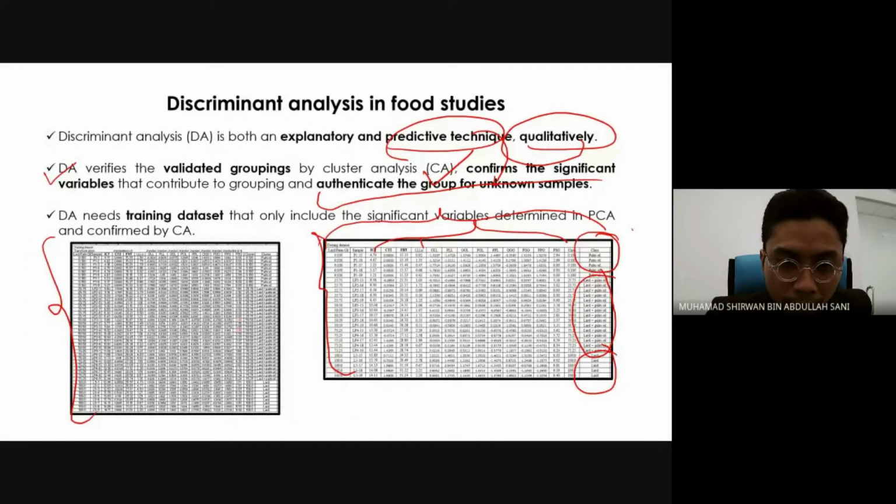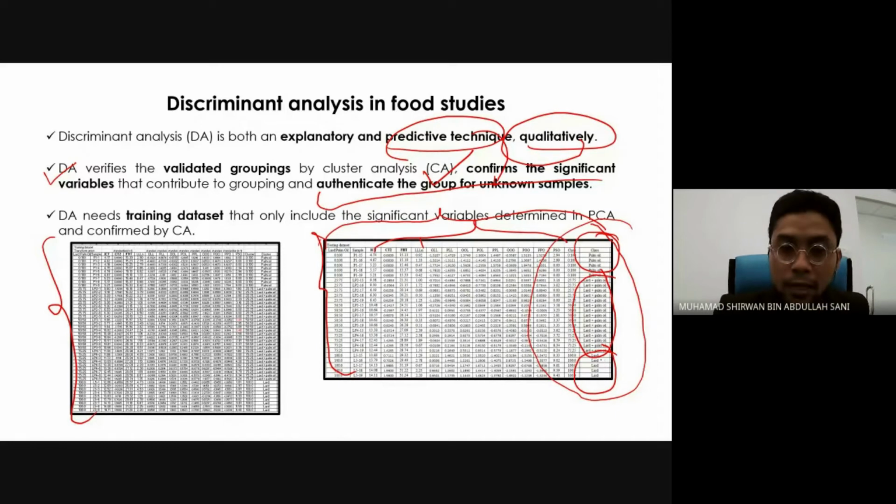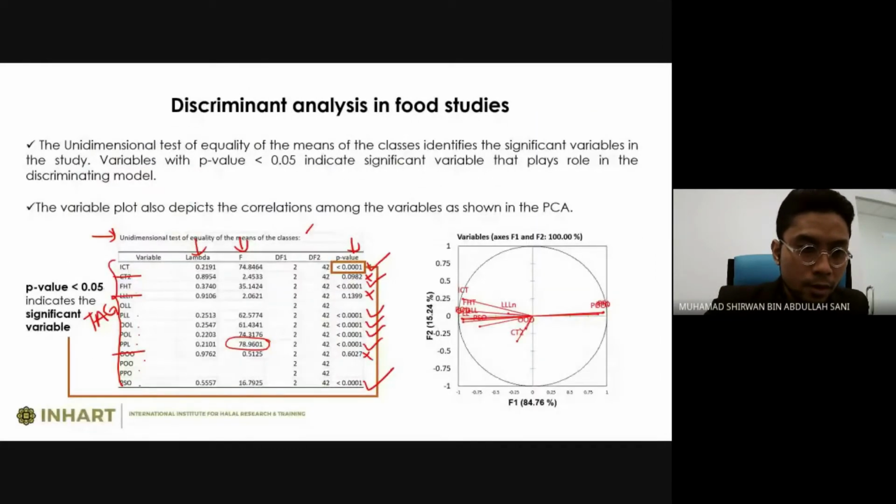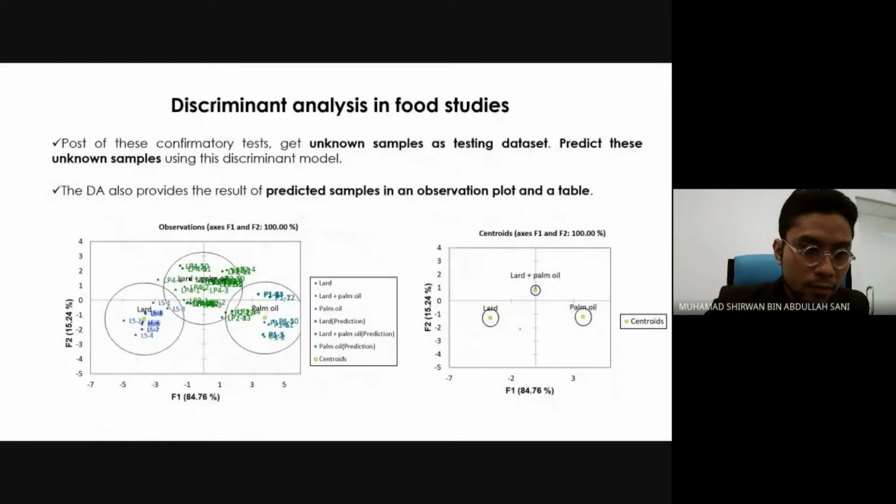We have prepared all those fish feeds containing palm oil, lard, and palm oil as well as lard. And from here, we know what this fish feed contains. But we want to check how the discriminant model is able to confirm whether this is palm oil, a lard and palm oil mixture, or lard only. Okay, so that's why we get this result. So it will bring you to this plot. So we have the observation plot. So you can see the